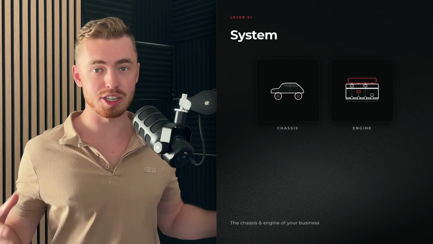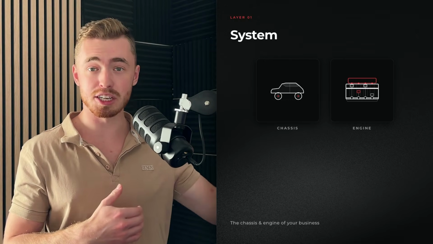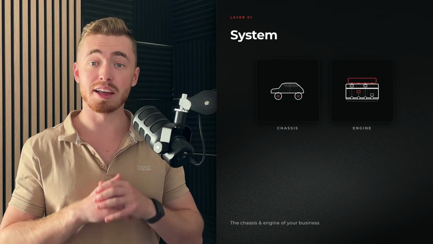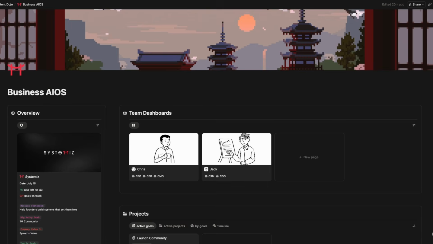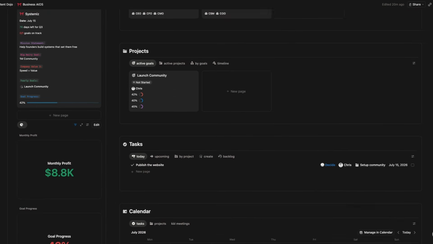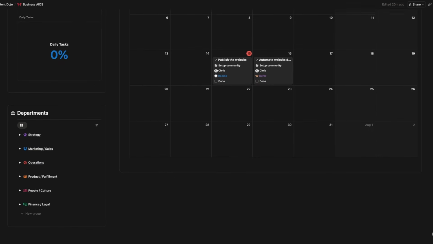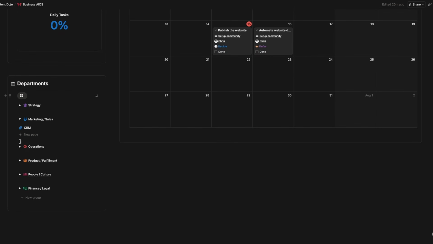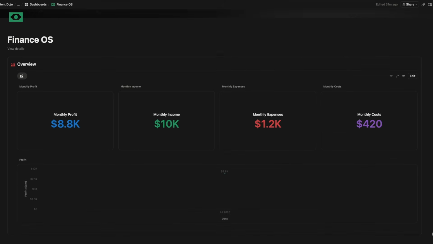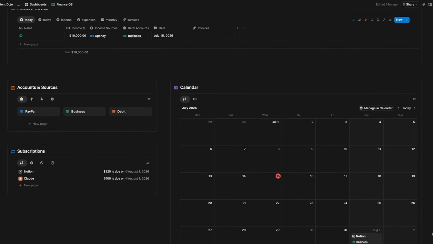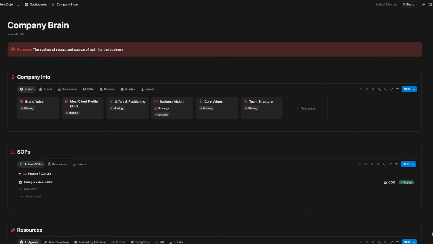This is the machine itself. It's already 80% of what a car actually is. And this is where we start because without it, you can't really do much else. This is the Notion workspace that you and your team use in order to actually grow the business. This is the system architecture, the databases and the relations between them, the CEO, team and department dashboards, and overall just how you manage and organize your entire business. This is how you make your business visible and go from working in the business to working on the business.